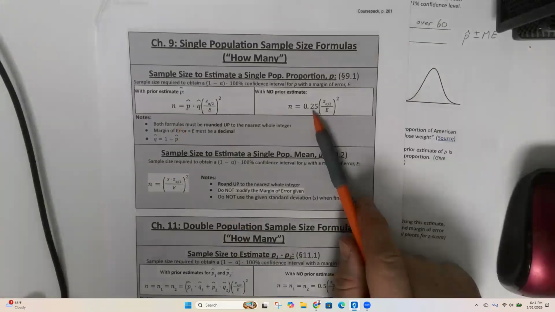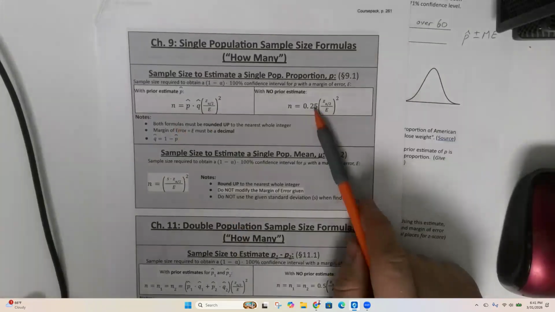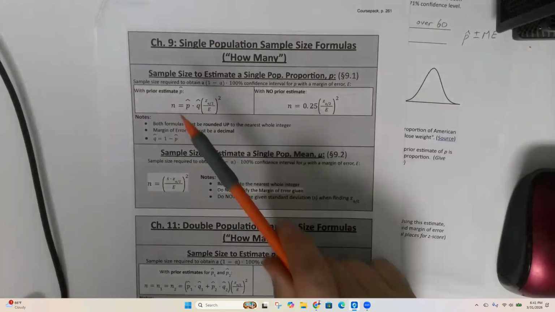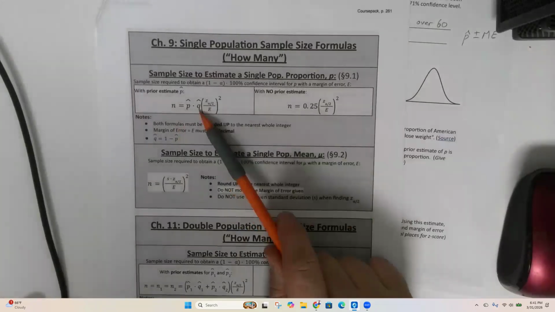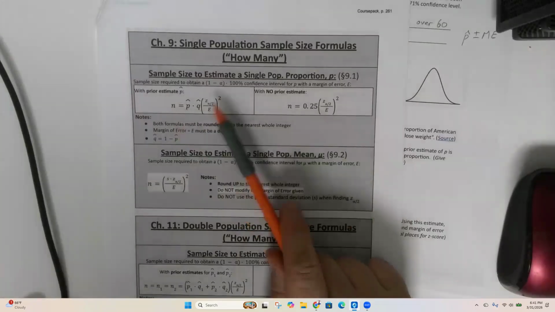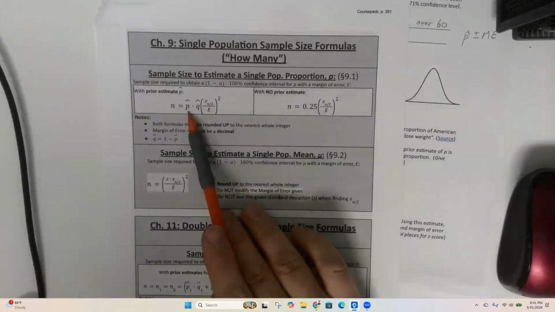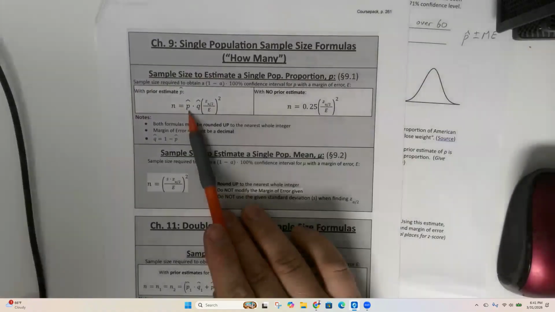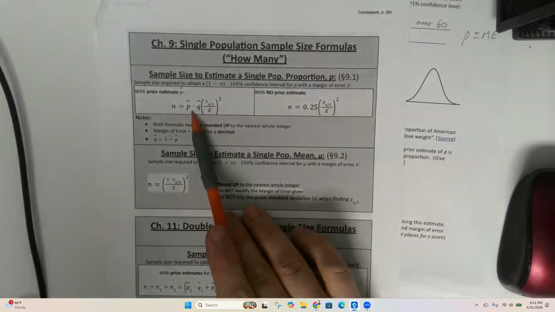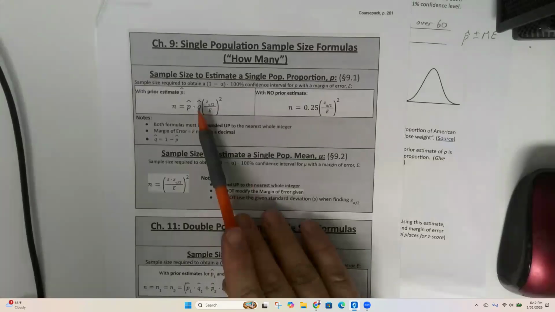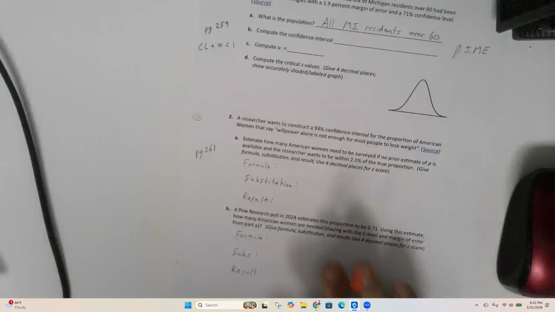Now, if you do have a prior estimate, then you won't have to sample quite as many people because you can use a smaller p or a smaller q, okay? 50% will give you the largest sample size that you would possibly need, okay? And actually, if your prior estimate is 50% or close to it, then these two formulas are going to give you the same result. So it's not really any better having that prior estimate, okay? But anyway,